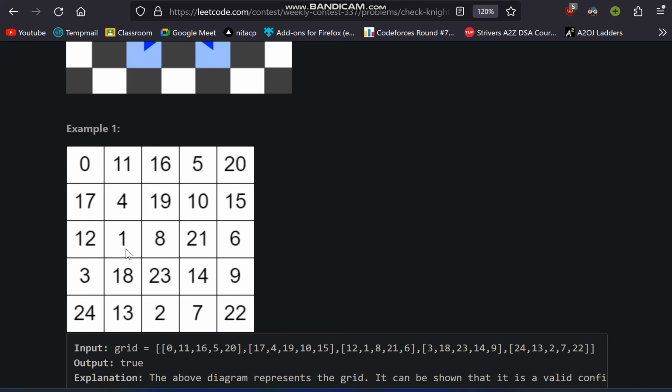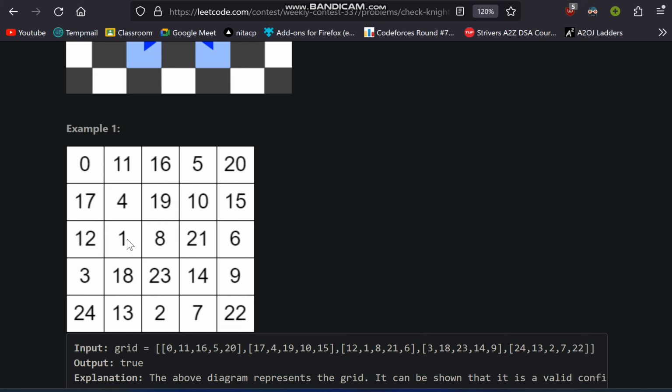After that we have to check for 2. The 2 is also at the right position because first it moves 2 steps down, then 1 step right. So after 1 it goes to 2, and after that 3 is also the right position because it moves 2 steps to the left and 1 step above. In this way we have to check for all the numbers, whether it will be able to move to all the positions or not.